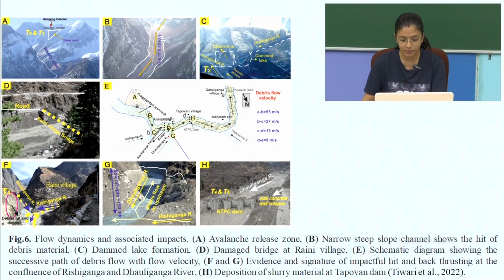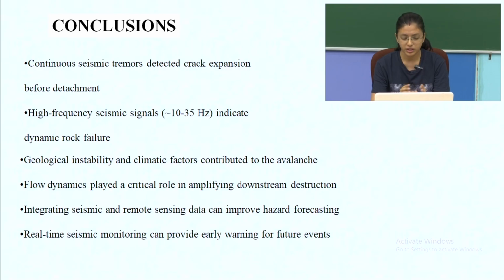High seismic amplitude spikes aligned precisely with the video confirmed timing of infrastructure damage. These correlations validate the use of seismic signature for real-time impact detection. In summary, the disaster was a result of geological instability and climate triggers. The seismic network detected early warning signs that preceded the avalanche. Integrating seismic, satellite, and field data can give us a powerful tool for such disasters.